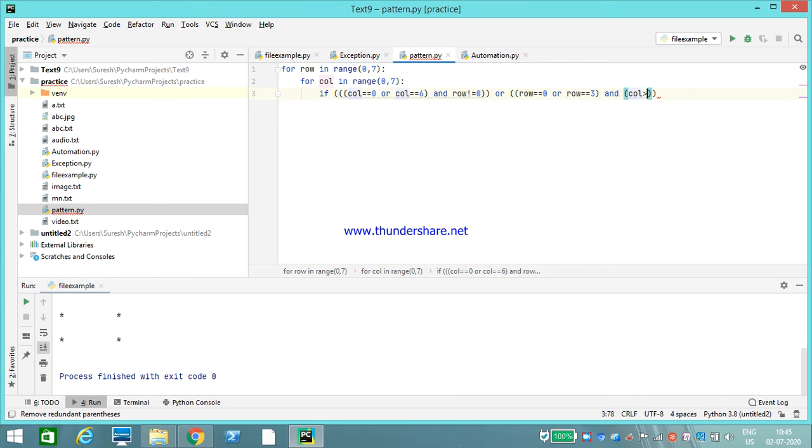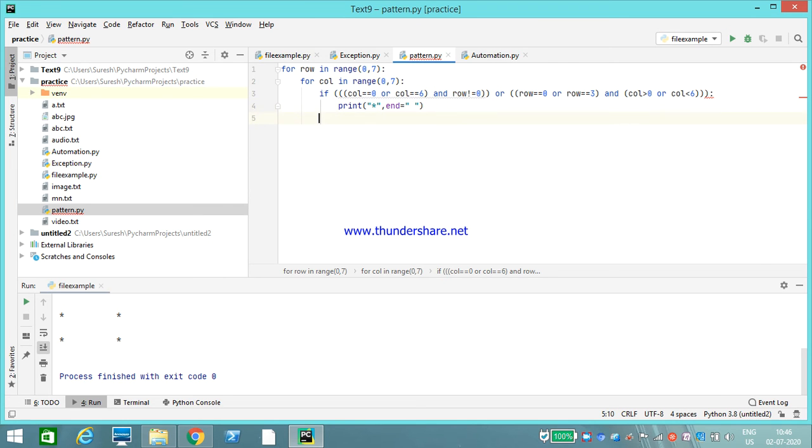See, column greater than 0 and column less than 6. You got it, right? So what we need to print? Print star. After printing, we have to give some space to print the next character.